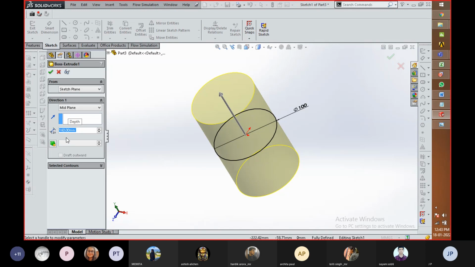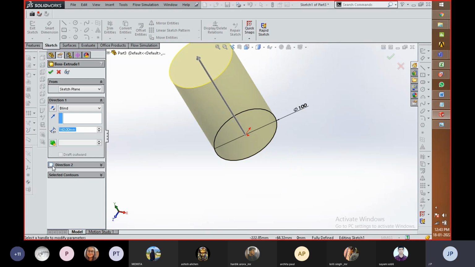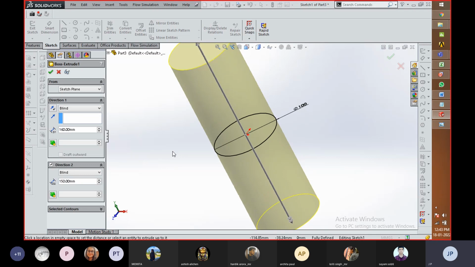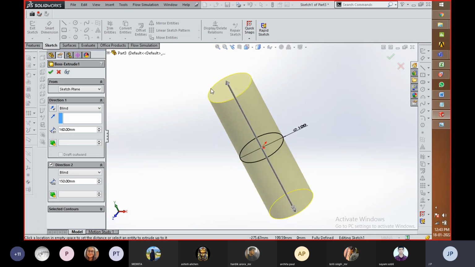Okay, there's one more thing in case of Blind, Direction 2: the drafting feature which is available within this module. Okay, drafting feature means, if you look at a bucket, there is a tapering angle available in the bucket. So you have to click on this part, and you can see that if a value of 1 degree draft is placed, the inclination at the top side is going to change.